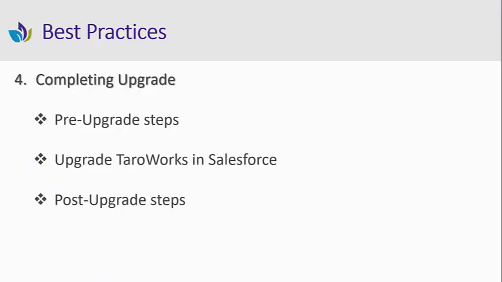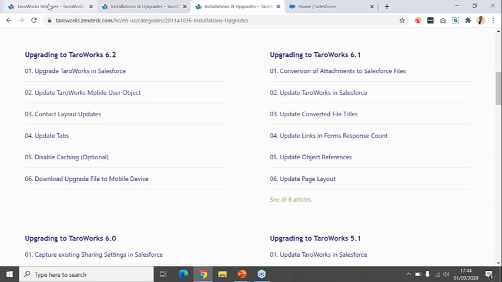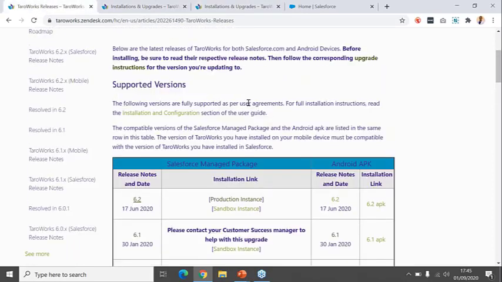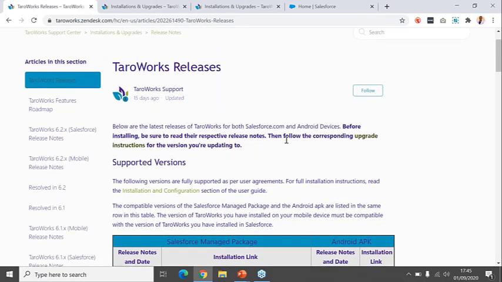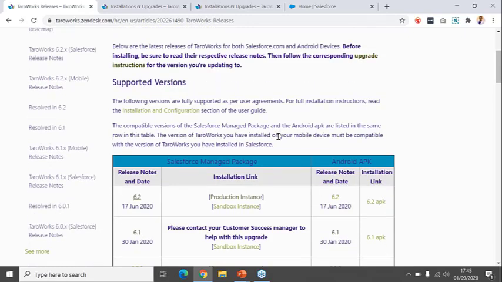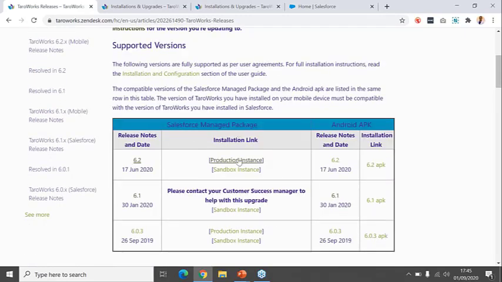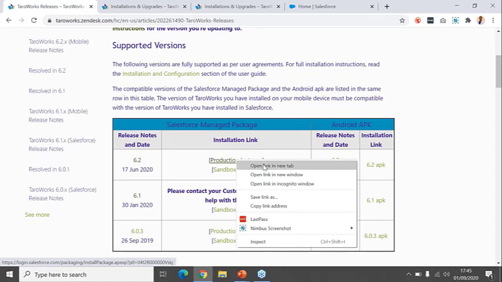The next step is upgrading TaroWorks in Salesforce. This consists of clicking the production link that again we have on our release page on our support site. If we navigate back to our release page here, like I mentioned, this is available for all our clients on our help desk site, so it's available for everyone. On our release page here, we have the installation link. We are updating to 6.2, so if we click on the production link here,